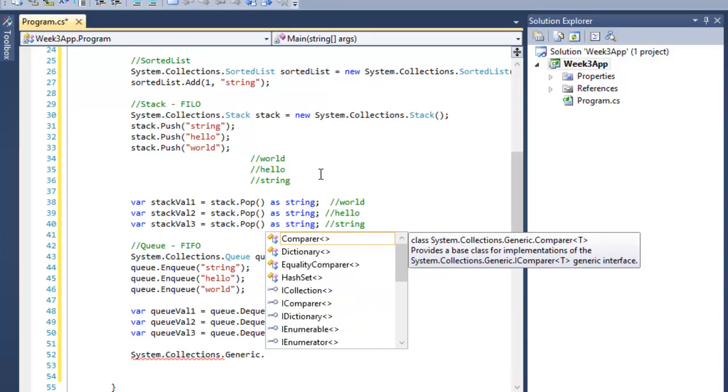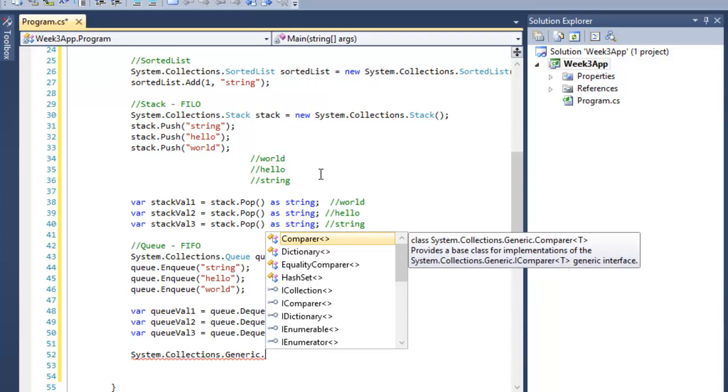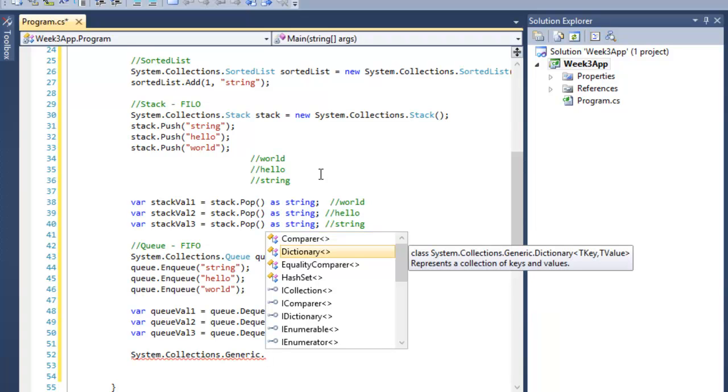Under the generic namespace, this is where a lot of the more common, more functional collections live. Compare is used for implementing a compare between two items. So for dictionaries or searches, you can use a compare. The dictionary here,